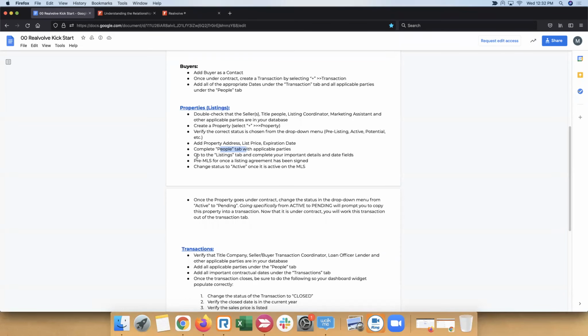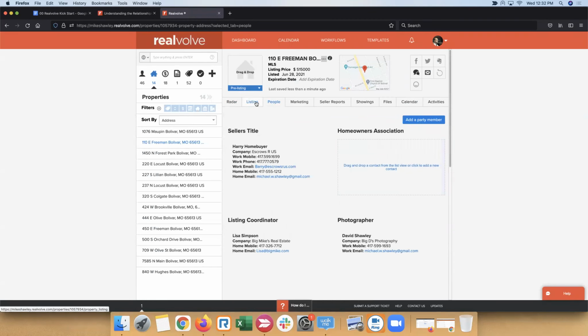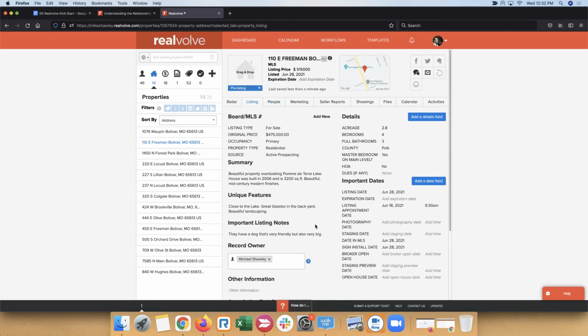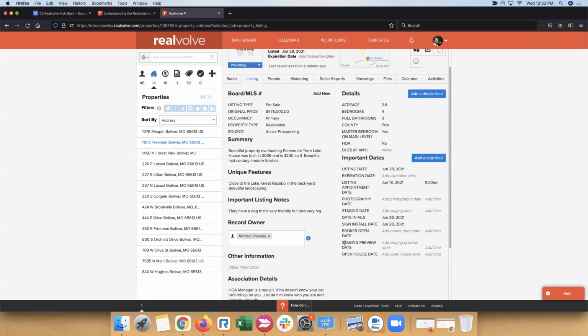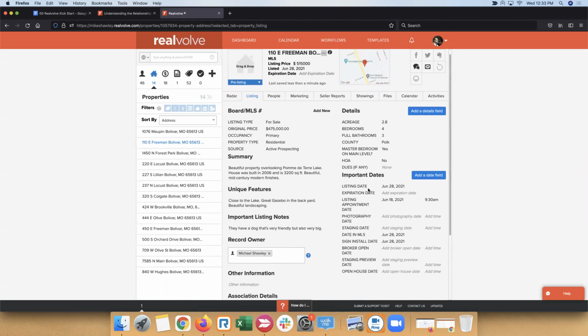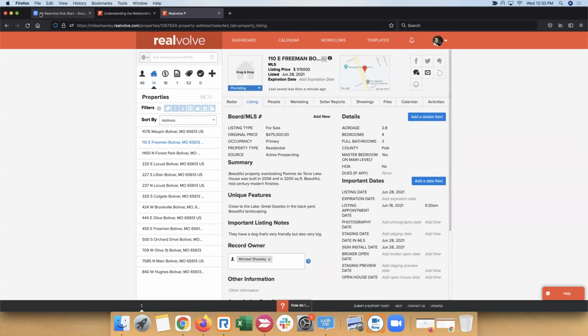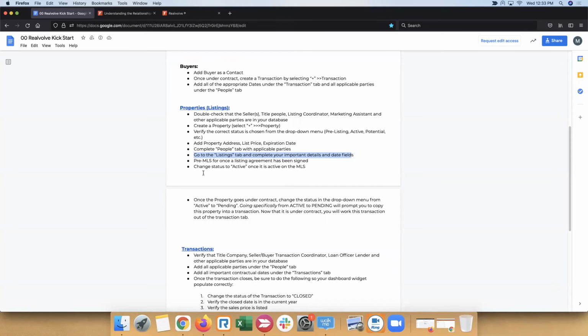Outside of that, you're going to go to the listing tab and complete important details and date fields. Okay, so let's look at that. This is the listing tab. And I've got most of these filled in. I've got summary, unique features, important listing notes, details, important dates, association details. I don't have photography or staging or open date, broker open date, staging, or open house. But still, I've got a lot of those filled in. And